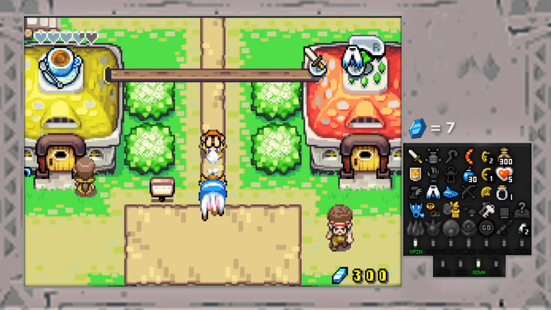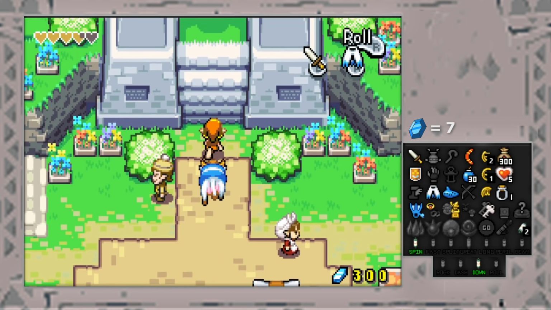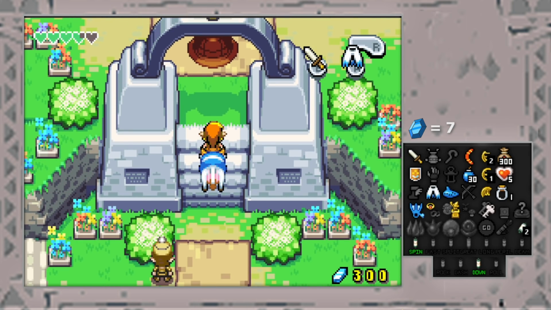Back in Hyrule Town, there are a lot of various things for us to do around here. Let's start off by ringing the bell. This is going to be our last item of the game,